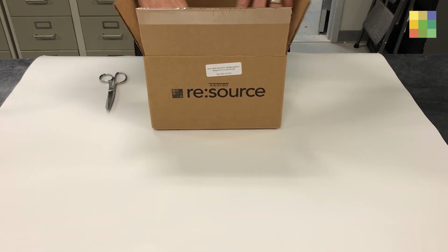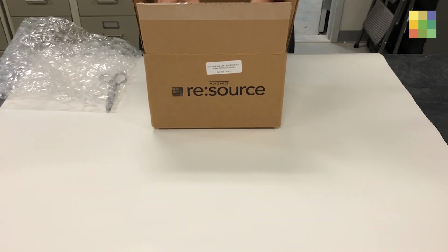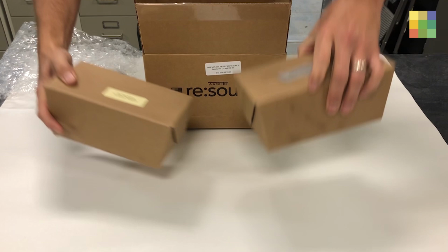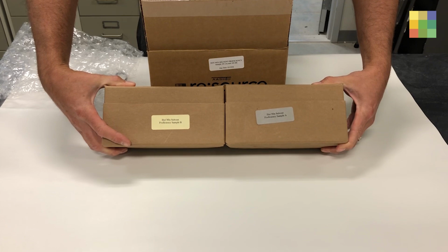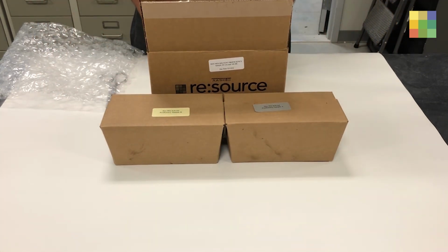are missing a component. For solvent extraction rounds 101 and 102, there are two premixed asphalt bricks in the main sample box. One is labeled Sample A, which corresponds to Sample 101, and the other is labeled Sample B, which corresponds to Sample 102. Please treat these samples as you would treat any typical testing samples that were brought into